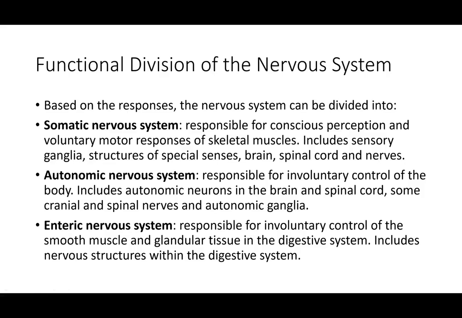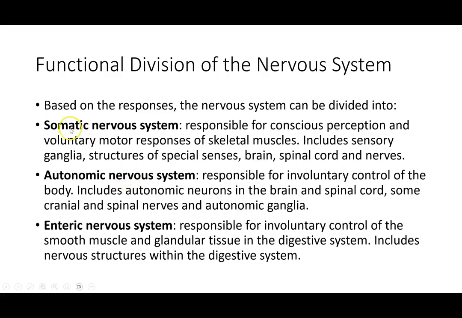Next up, we have functional divisions of the nervous system. And so this is less about where the location is of this tissue and more, what is it doing for our body? How is it helping us to maintain homeostasis? Because that is our body's ultimate goal, to maintain homeostasis. And we have three main divisions functionally, which are the somatic, autonomic, and enteric divisions of the nervous system. So we'll talk more about the somatic and autonomic branches next week. We're going to do a little bit of a deeper dive into them next week in lecture, but really quickly